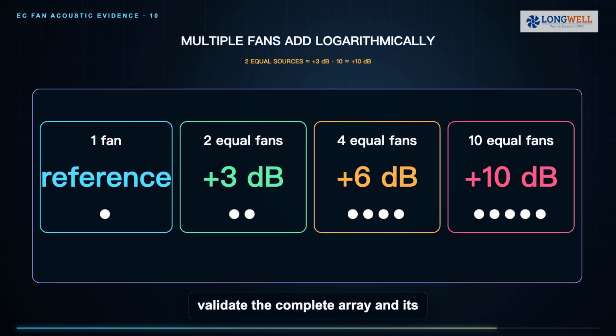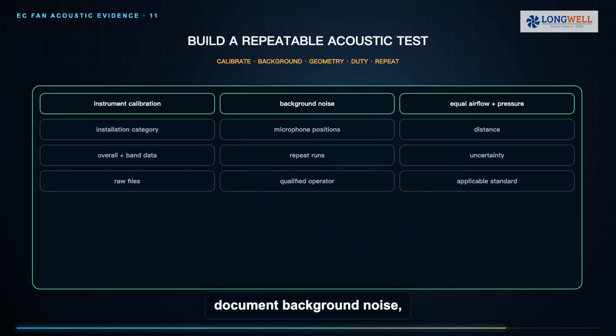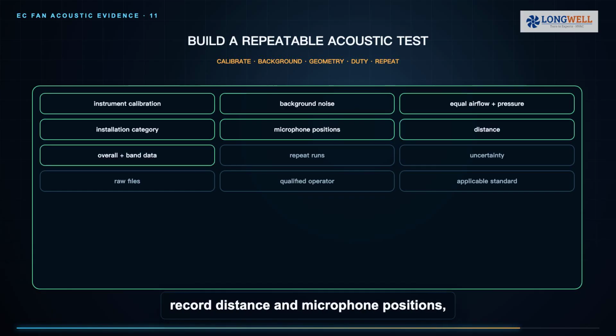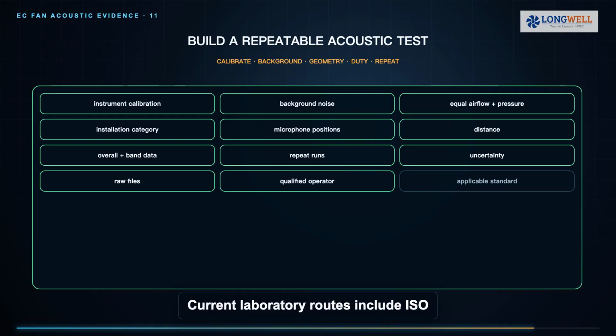For a real comparison, calibrate the instrument, document background noise, lock the airflow and pressure point, define inlet and outlet configuration, record distance and microphone positions, retain band spectra, and repeat the run. Current laboratory routes include ISO 13347 and ANSI AMCA 300, selected for the setup and claim, and used by qualified